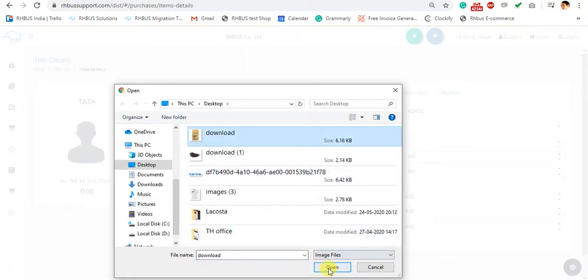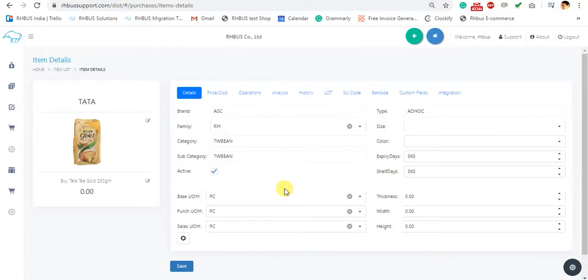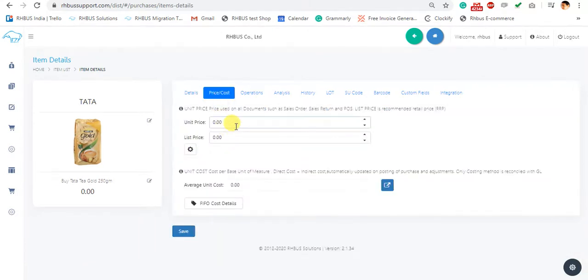which I want to sell on my e-commerce portal, as well as which I am selling in my retail store. Have added a description for this. I am just taking an example of this product. I don't know what exactly the price is, so I am expecting this at 89 rupees.